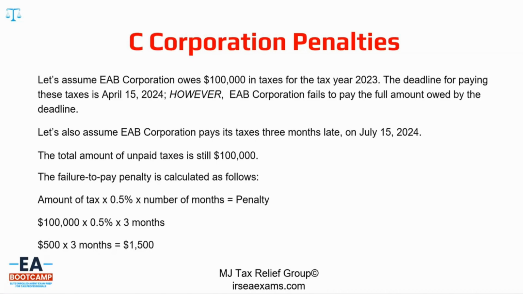Now, let me also remind you here, this is where you really have to read the question, because someone might say, well, maybe they filed an extension. It does not matter if they filed an extension. The extension is for filing paperwork. It's not for paying the tax. So even though EAB Corp could have filed an extension, the question didn't say that. And it doesn't matter, because the extension does not do anything with the penalty, because you got to pay the tax due. Okay, so make sure you read the question and answer the question being